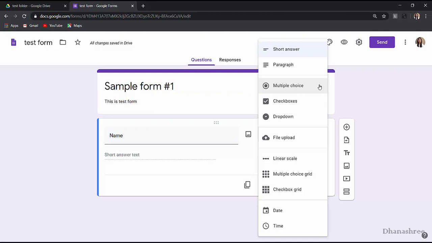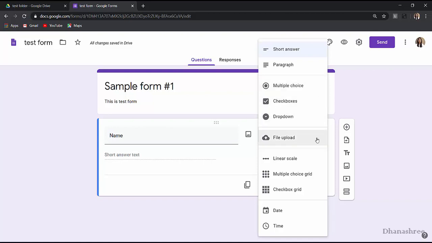It is advisable to go for this category if you have fixed category answers. Consider an example where you want to ask the branch of an engineering student. For computer branch, a student may enter computer engineering or computer. If the same answer is answered in 3 different ways, then it might be difficult if you want to sort the data. So in such cases, you can go for a multiple choice or a drop down option.